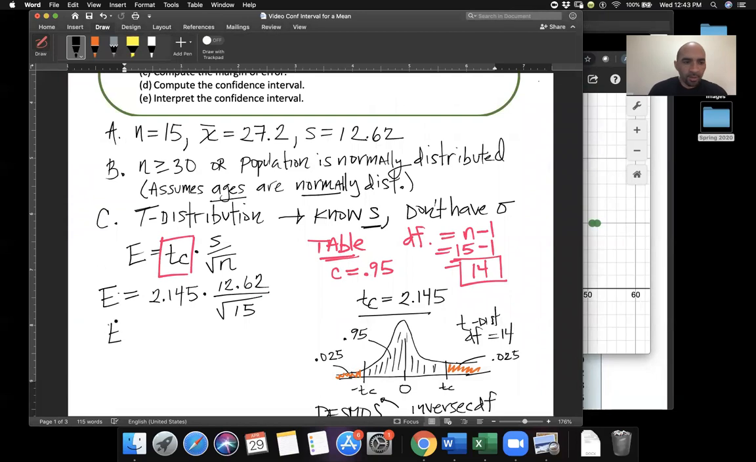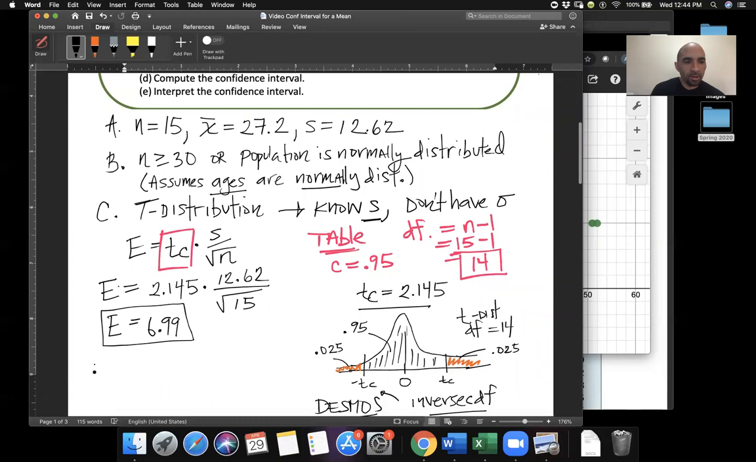The margin of error basically is an estimate of the distance that a certain percentage of sample means are from the population mean. So here we would interpret this to say that 95% of sample means from random samples of size 15 are within this distance from the population mean. Now we don't know the population mean, so we're going to now apply this margin of error to the sample mean that we have. And now we're going on to part D, where the confidence interval is going to be